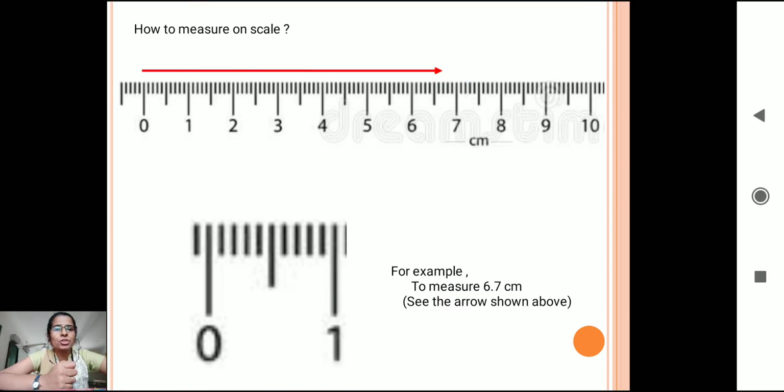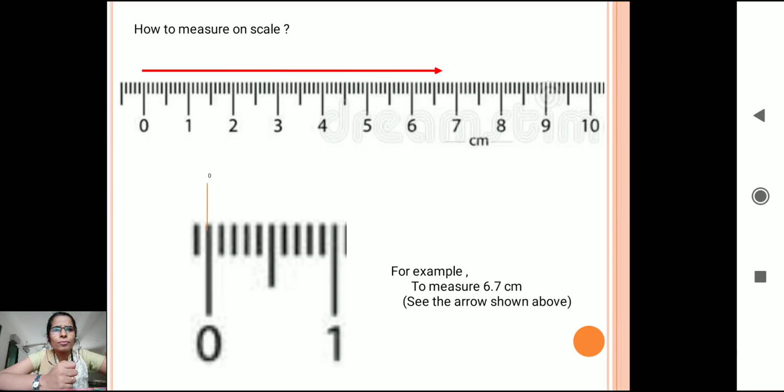Now see how to measure from the scale. I have shown this for you also. When we are measuring from the scale, where do we have to start from? We have to start always from 0, correct? I am teaching you this scale again. We have learned it, but again see it carefully, because if you measure correctly, only then will you get the distance correctly. Now see here, you have to start from 0.